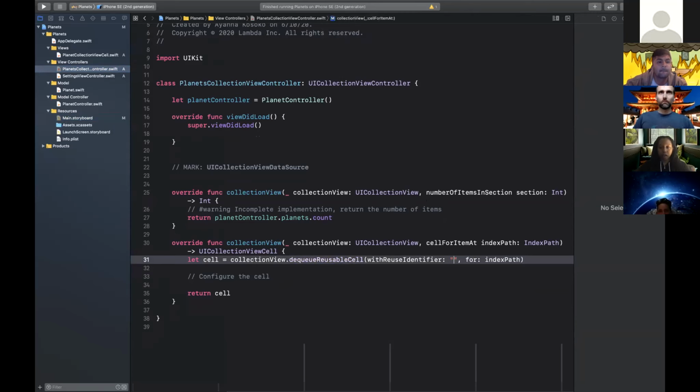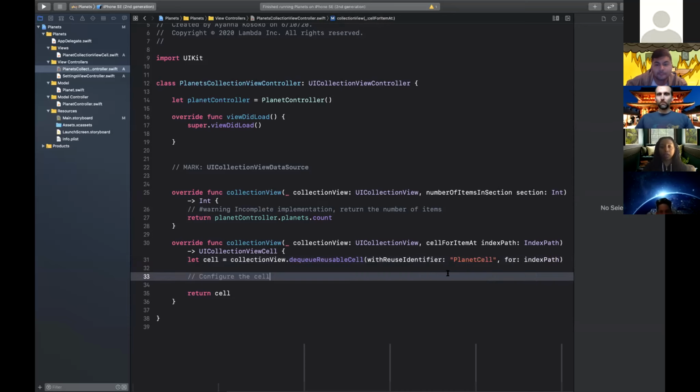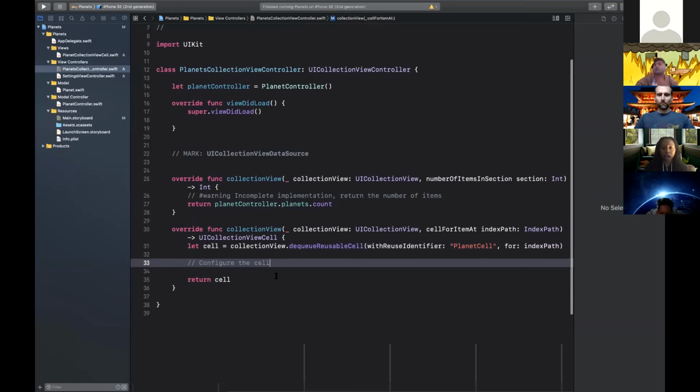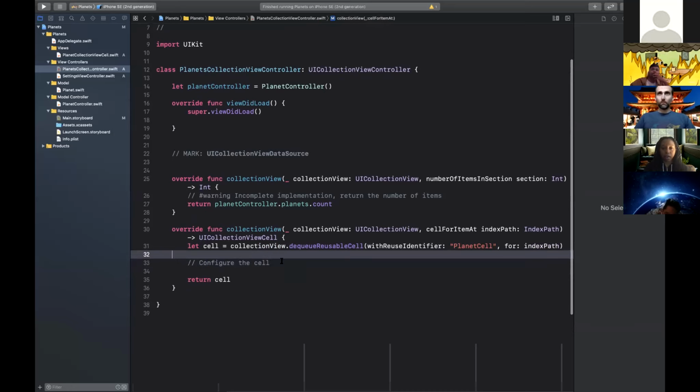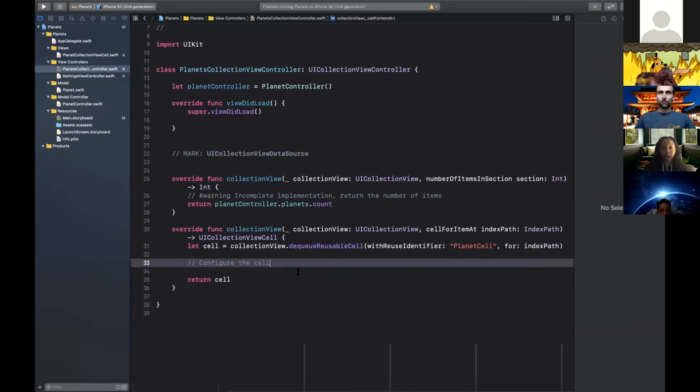So I'm going to call it planet cell because that's what my reuse identifier is for my custom collection view cell. And so now we have our planet cell, and now I know that I want to potentially put data